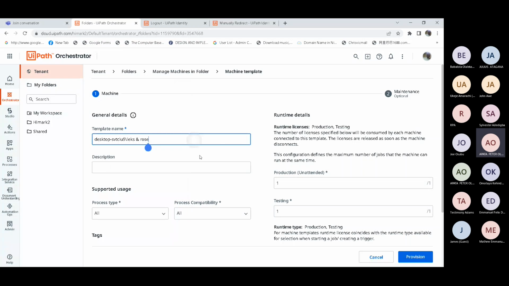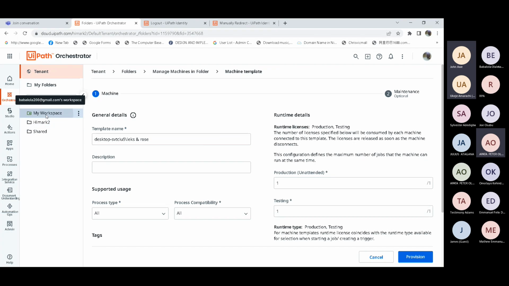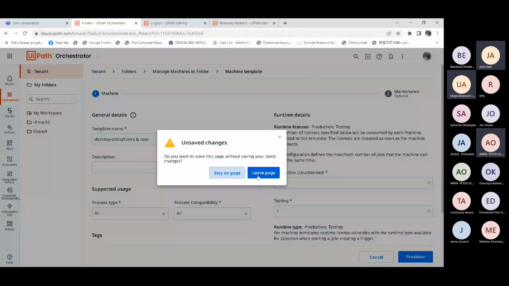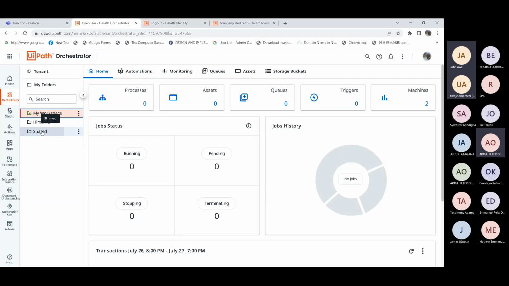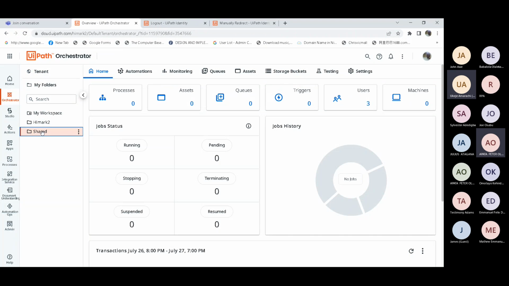Hello, Babalola. Yes, I can hear you. Why not use the default folder that is there? This one, right? No, the shared folder. Okay, the shared.